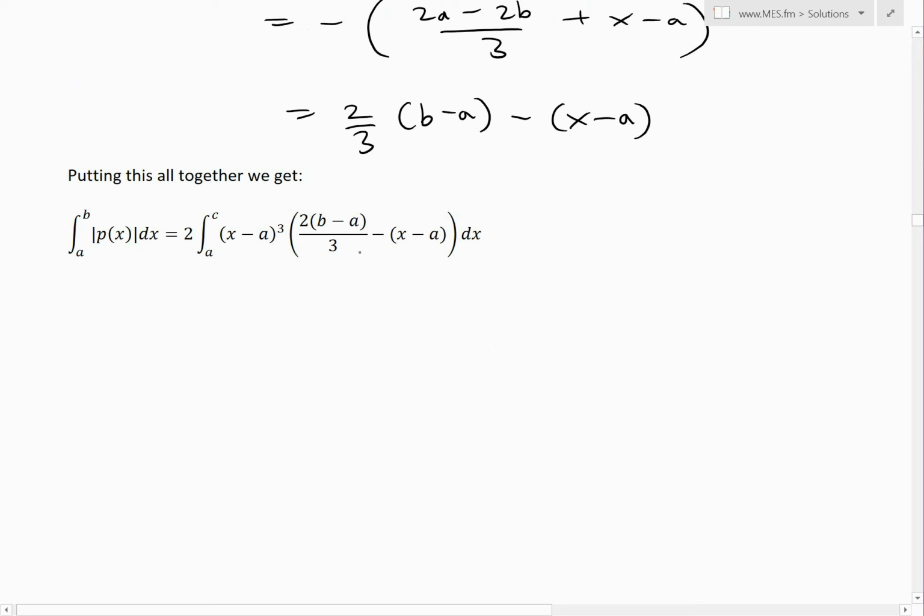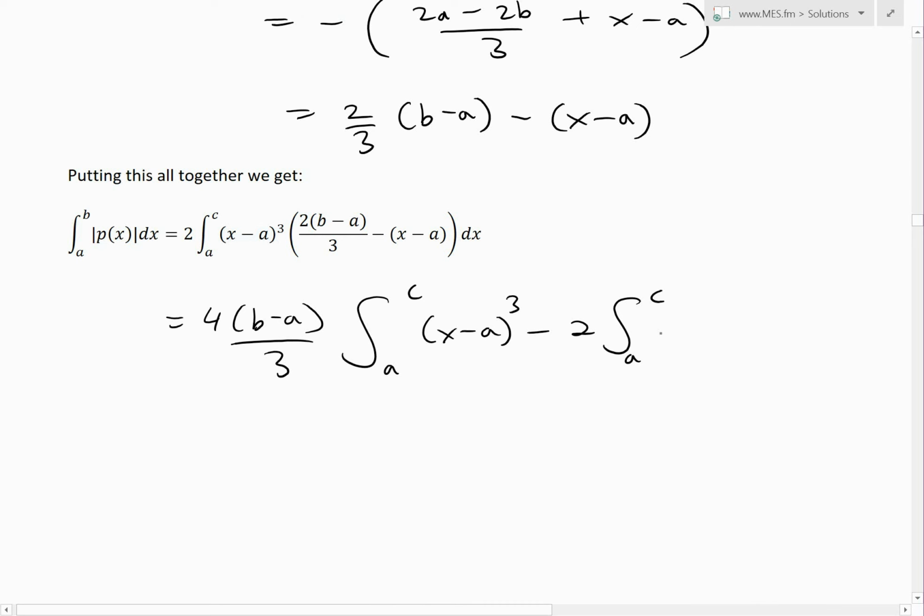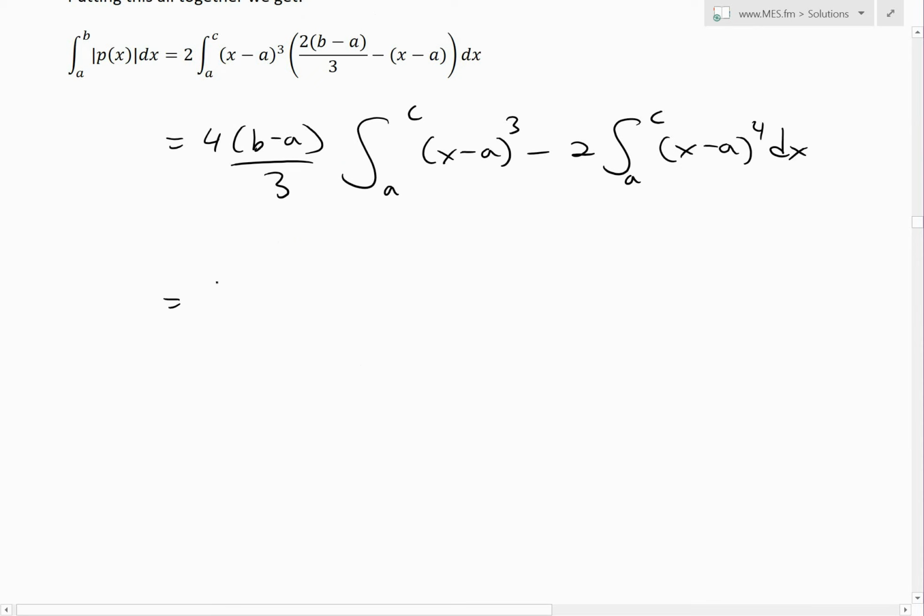Now putting this all together and solving, we put that integral back into this, and we multiply it out first. So 2 times 2 is 4, b minus a over 3, integral from a to c of x minus a cubed, minus 2, integral from a to c of x minus a to the 4th dx. Now evaluating this integral, we get 4 over 3, b minus a, and this is going to be x minus